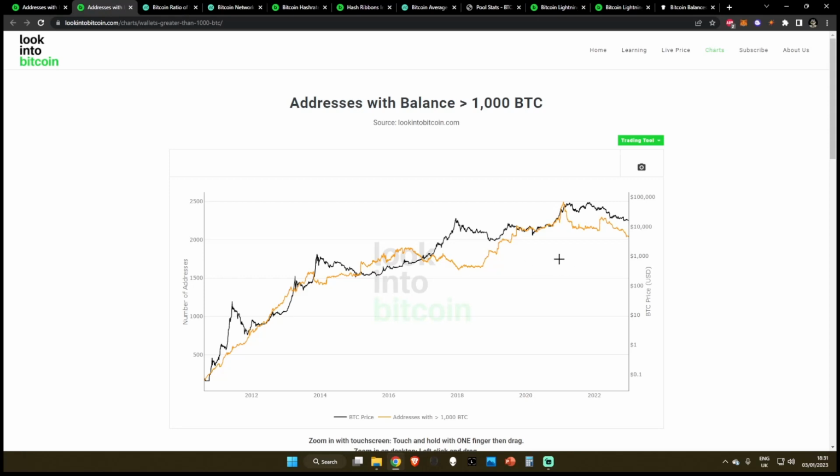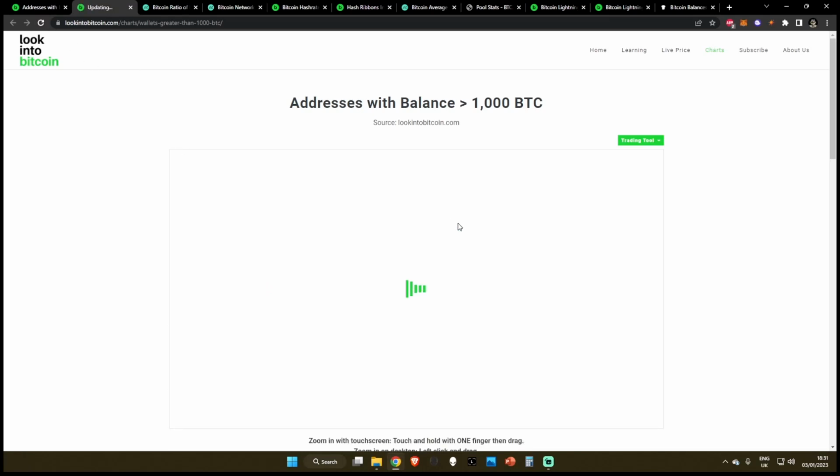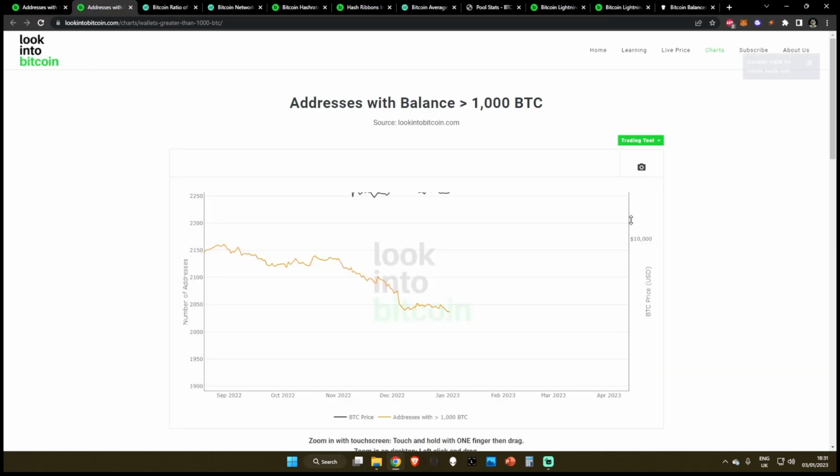However, institutions, smart money, the whales, they've been out of this market since 46,500. We did an update on the whale wallets a little while ago, but since this last update, you can see the lows from addresses with more than 1,000 Bitcoin have diminished from 2,040 all the way down to 2,037. So really not a big drop, really not too much to update, but this just kind of generally shows us,